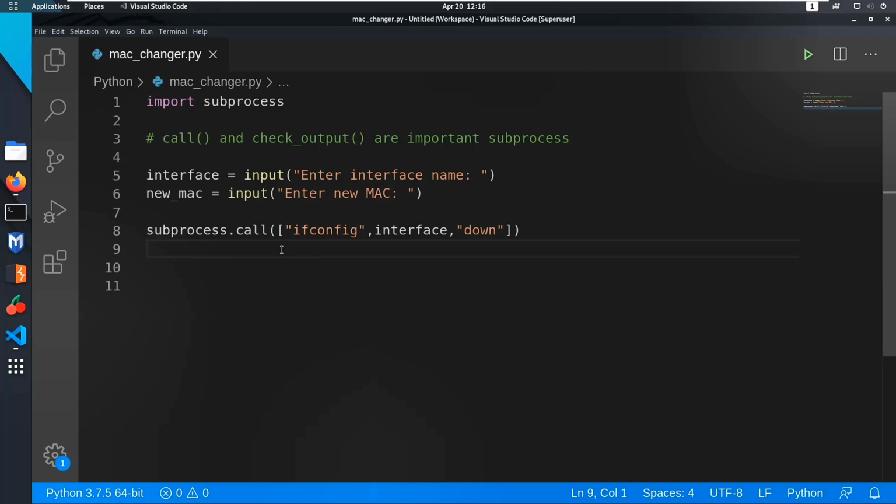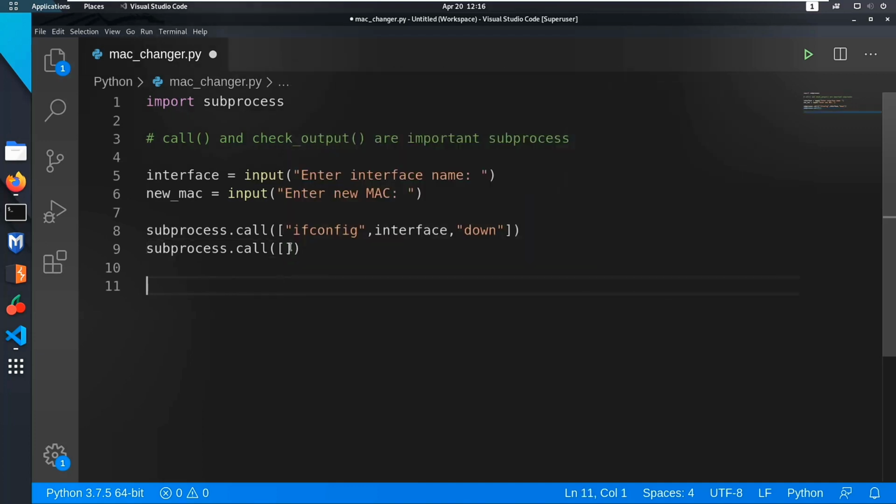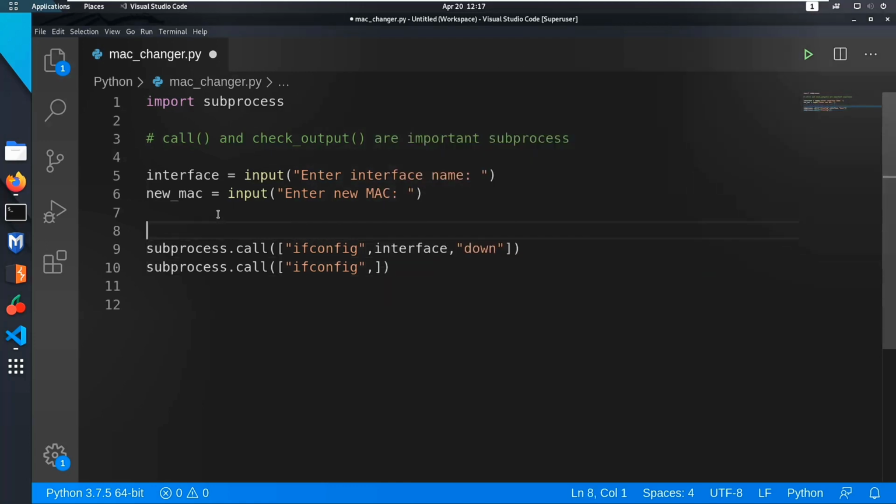And now, the other command is to change the MAC address. Subprocess dot call, sorry, and here the parameters are, first one is ifconfig, and the commands are, okay, let me write the commands. ifconfig eth0 down.